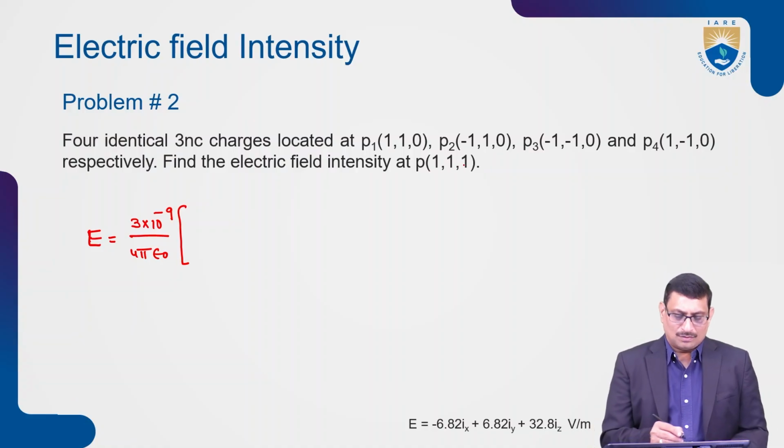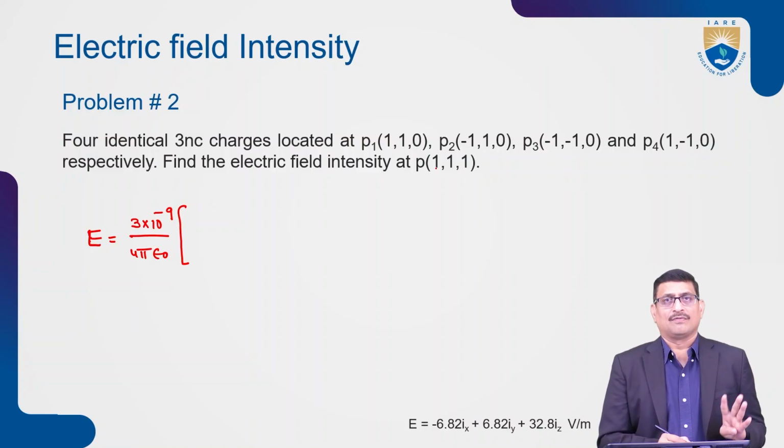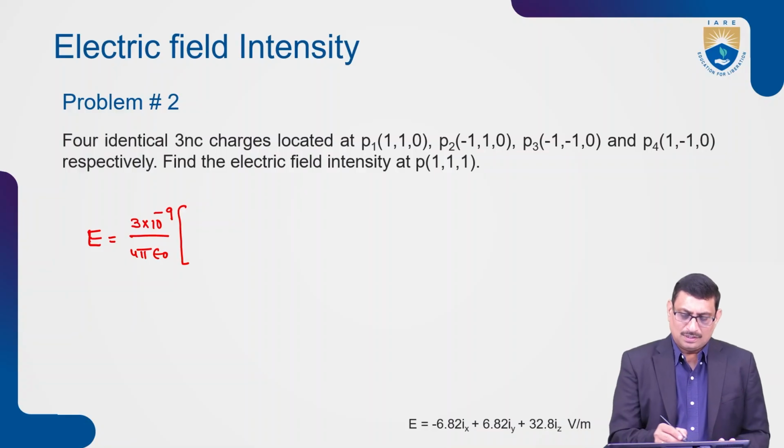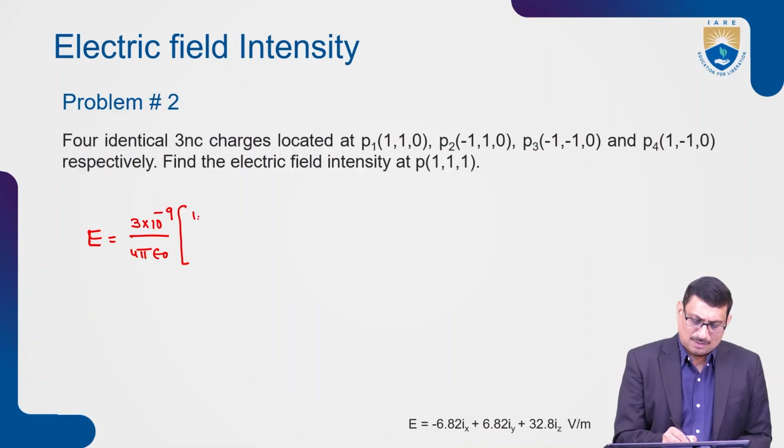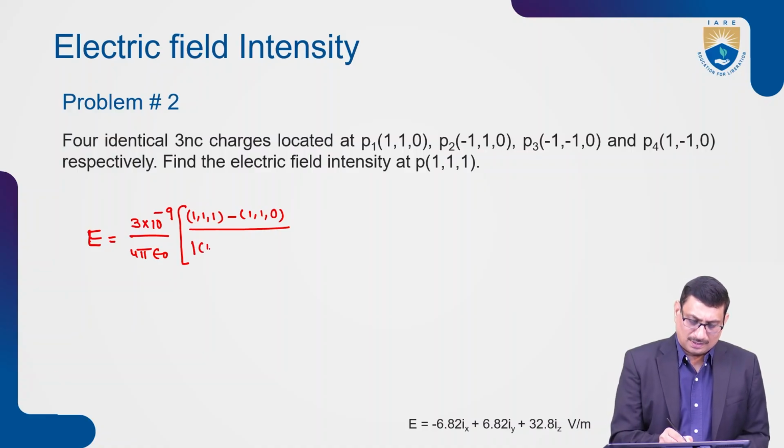So, where we are calculating, that is important. Where we are calculating at (1, 1, 1). So, due to the first charge, that is (1, 1, 1) minus (1, 1, 0), divided by, again, the magnitude of (1, 1, 1) minus (1, 1, 0) whole cube